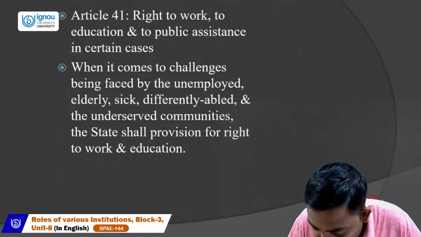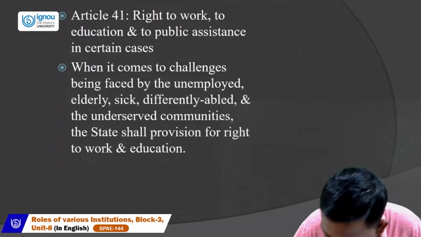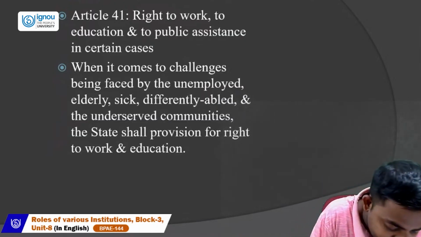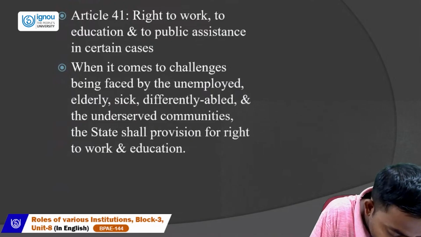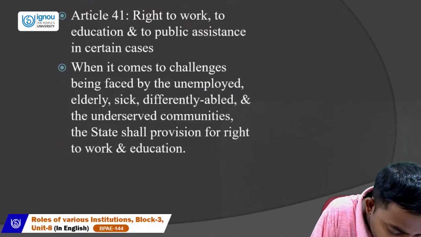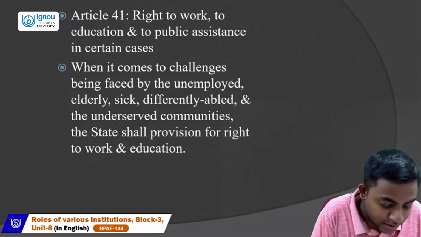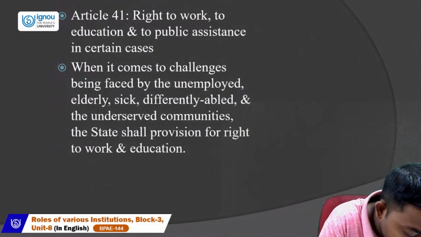So these are some of the provisions that are given in Article 38 and 39. However, we must remember that the directive principles of state policy, they are not legally enforceable. They are not justiciable. So if they are not being implemented, then no person can go to the judiciary to implement them. So that cannot be done. So that is why they are not justiciable, but of course they act as a guide to the government's policy